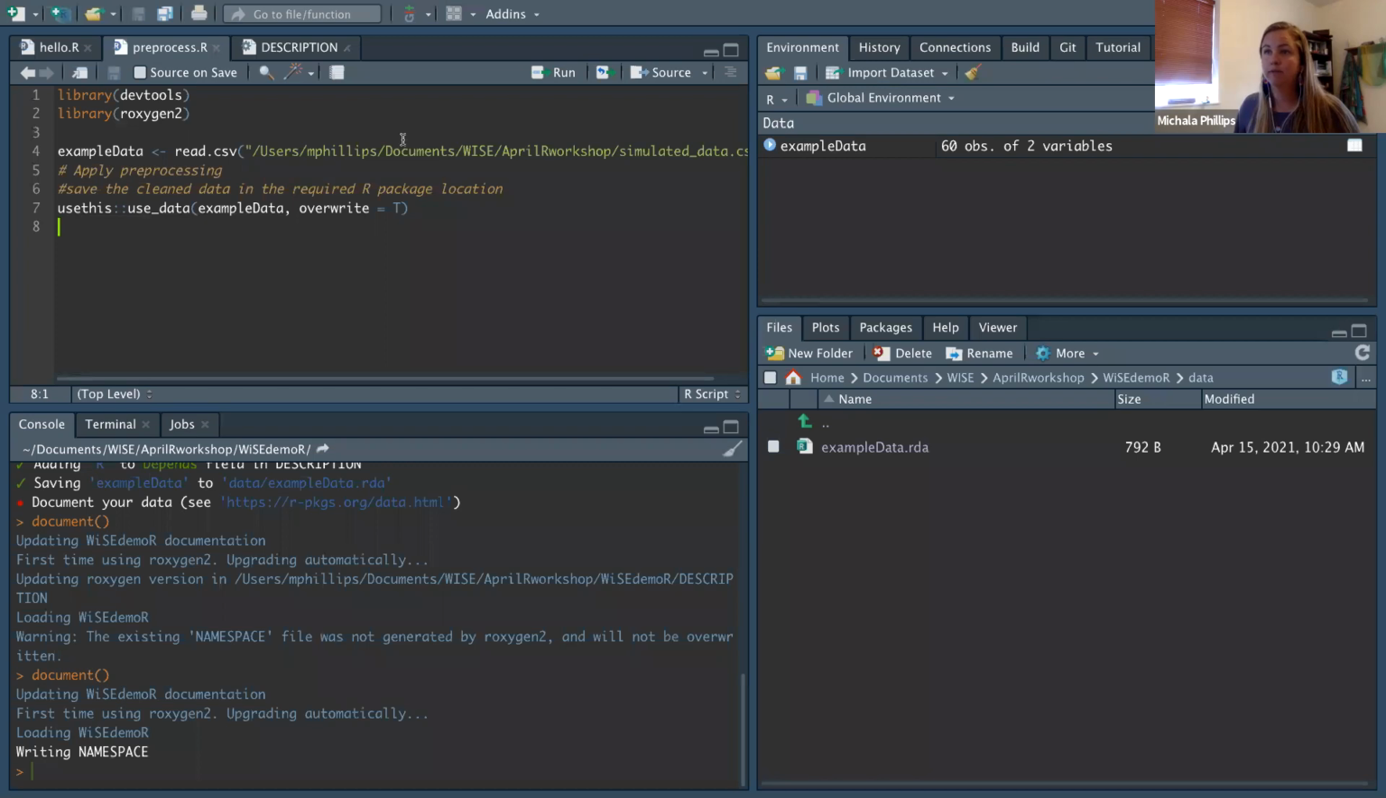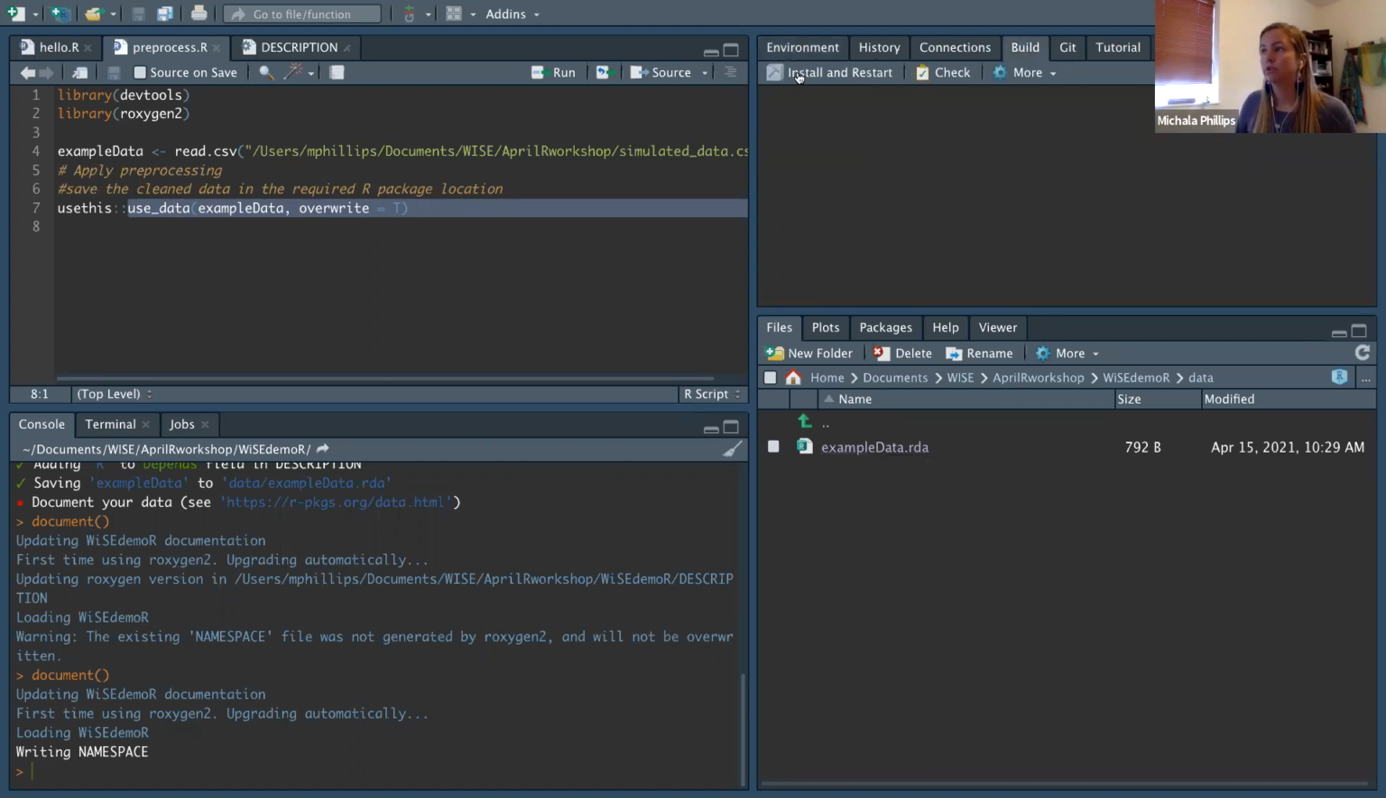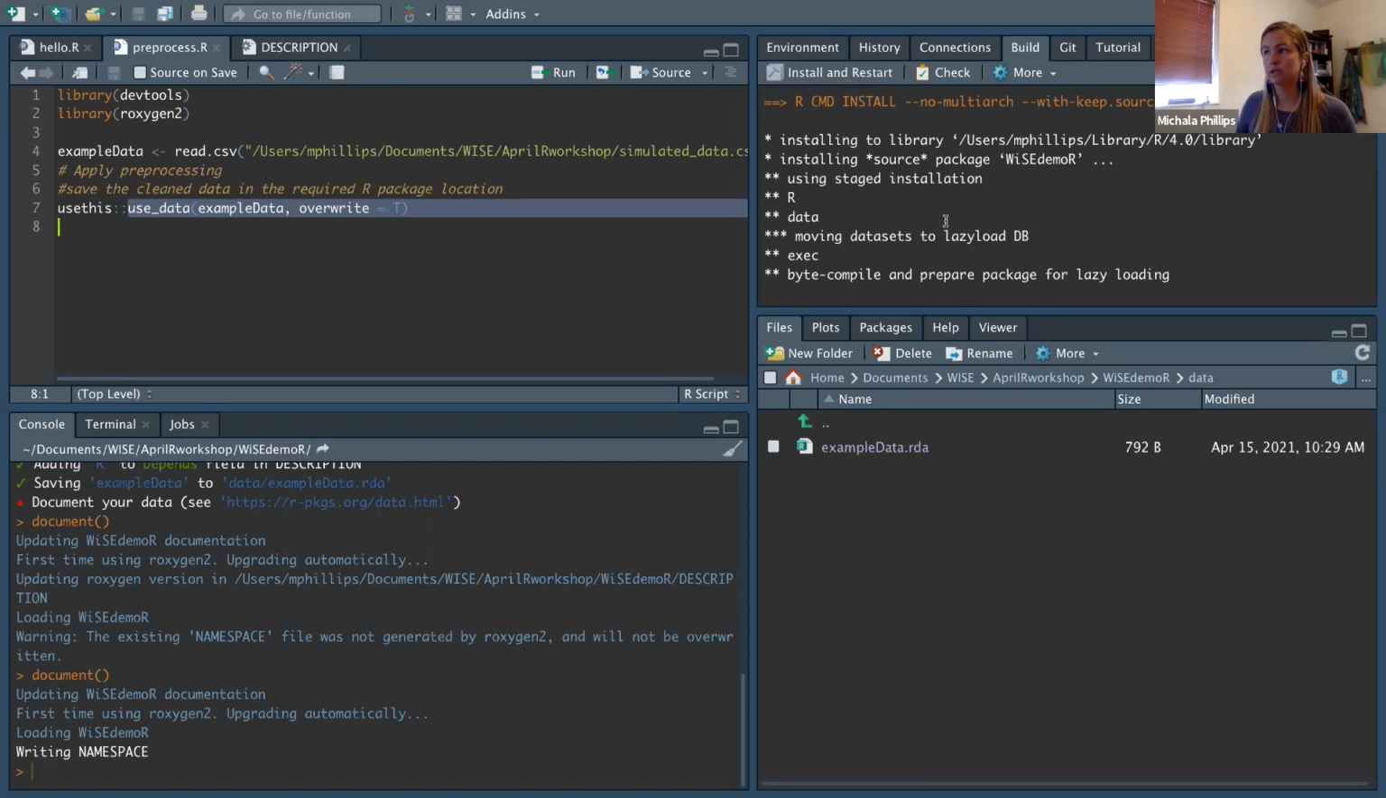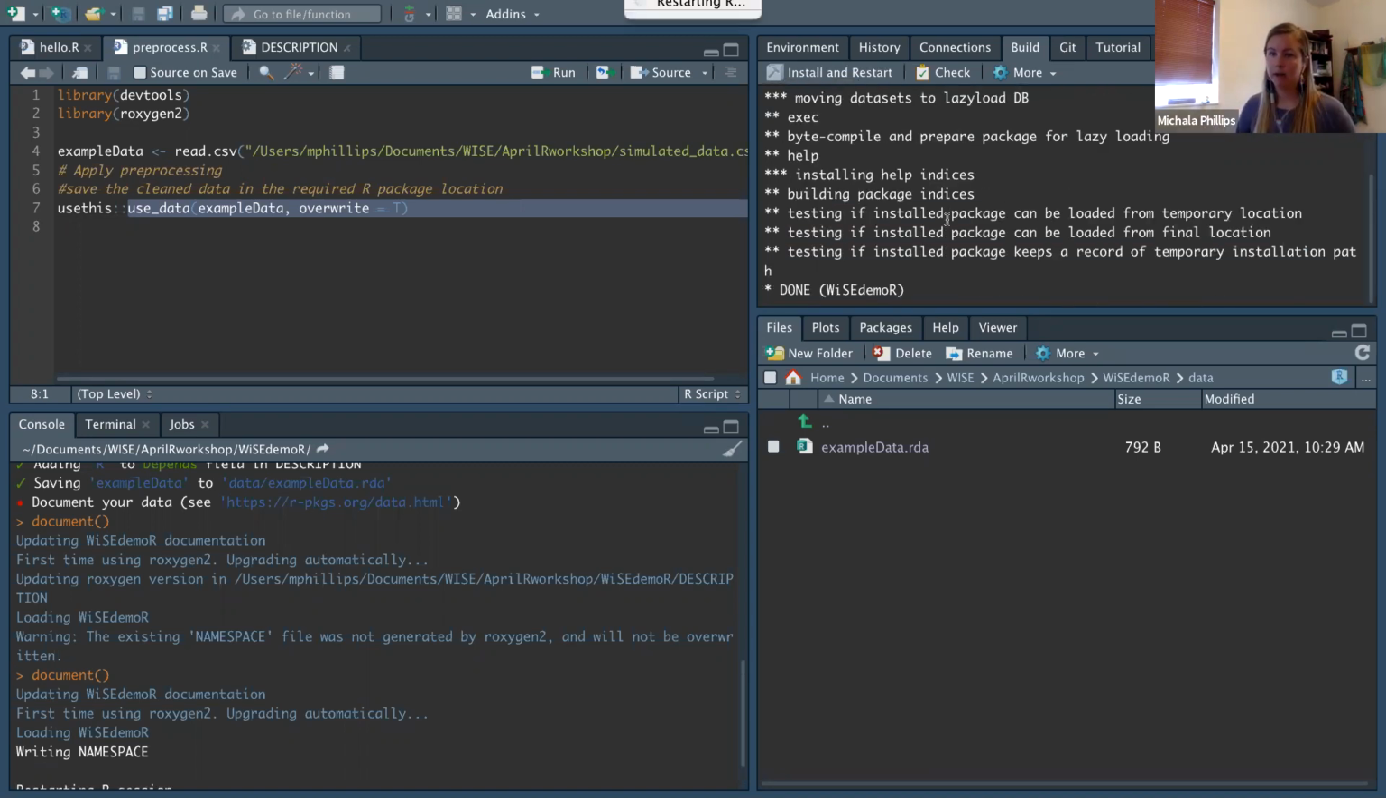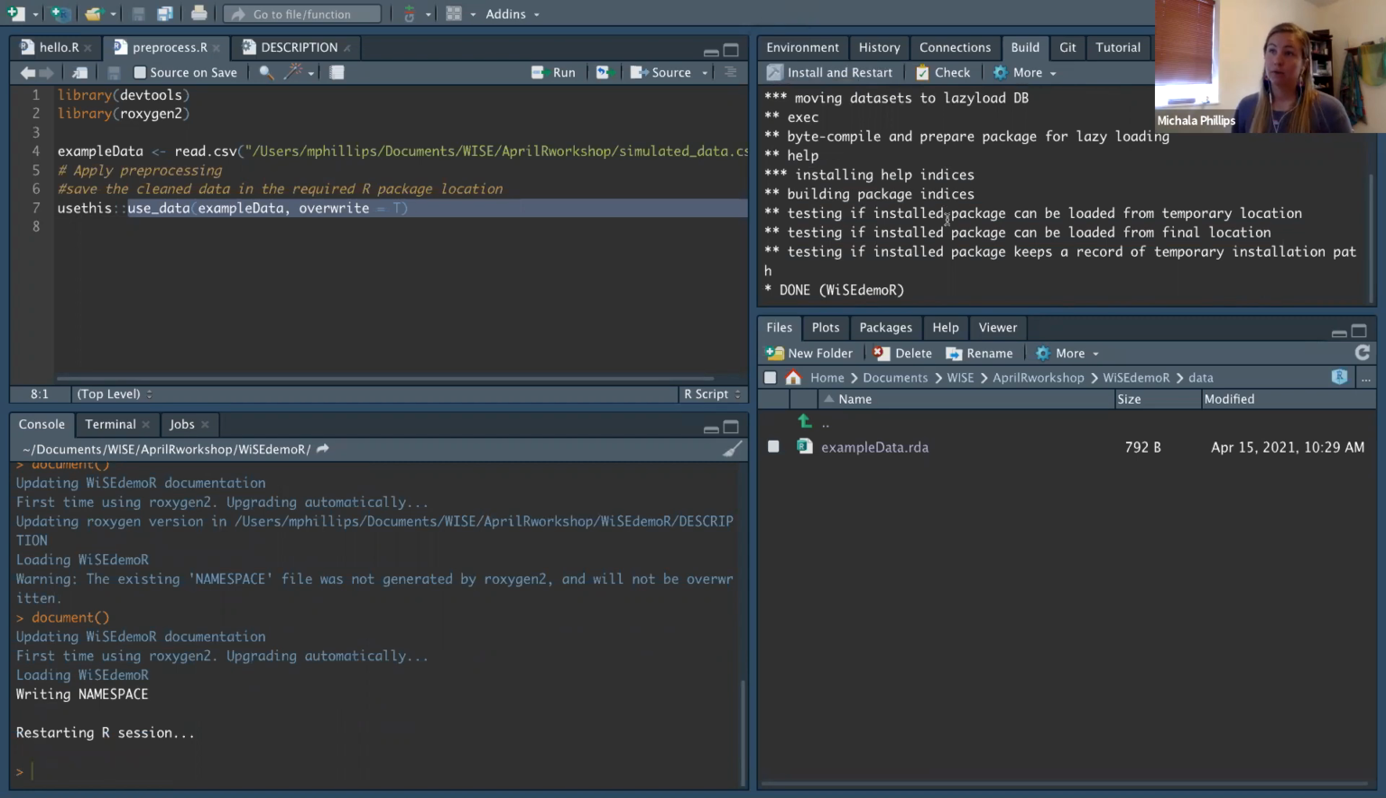That's a great question. You document anytime you use the use data command to create a new data object in your data folder. Anytime you create a new function, which we'll get to, you document. And after you document, you also go over to this build tab up here. Yours might be down here if your layout's different than mine. Then you see this little hammer, you press install and restart, and you can see that it starts to recompile your package. Once this is done, it will load my library,